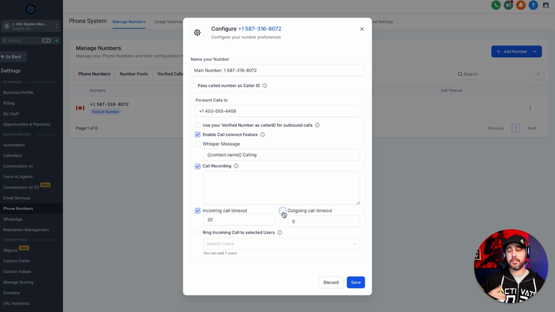And if it's not answered, it's going to hang up and they can move on to the next one. So that's kind of what you're going to want to do here. Now, the next setting here, the very last setting, which is the first major setting of kind of all of